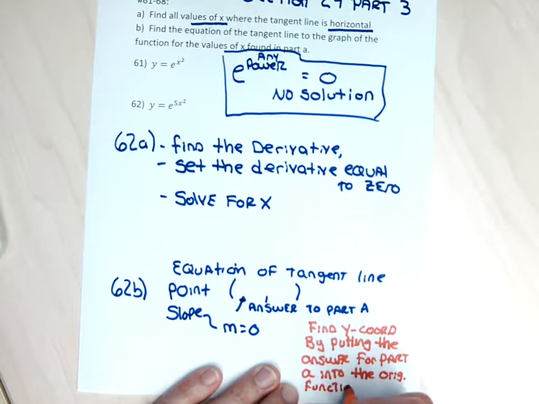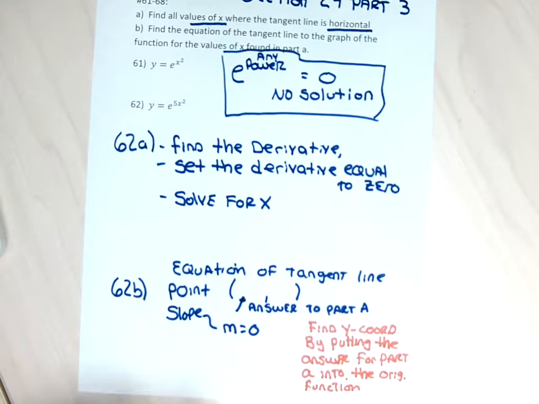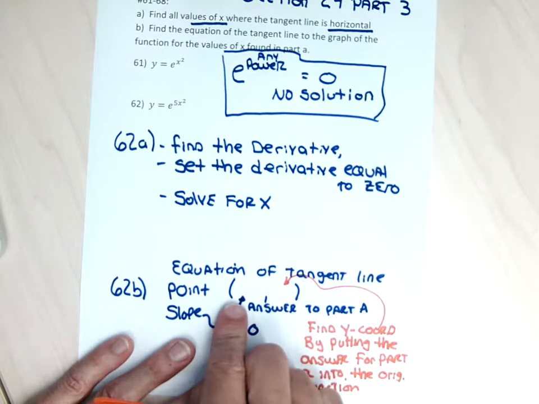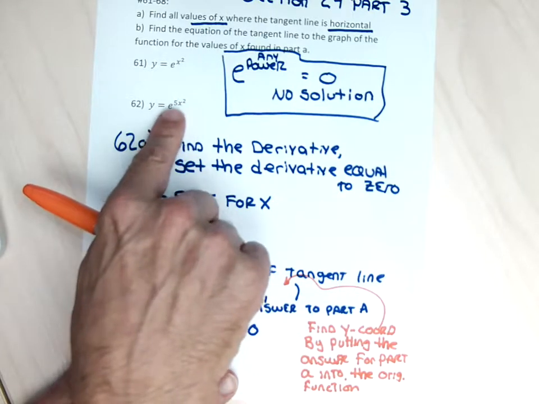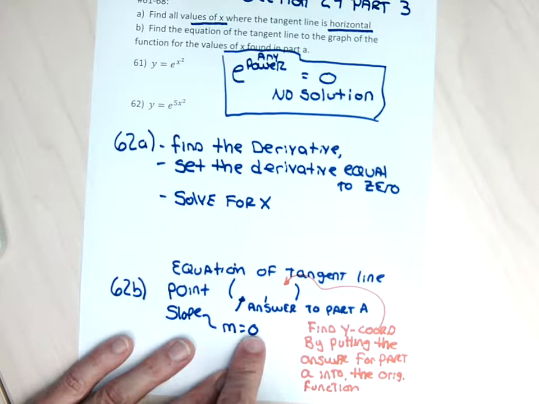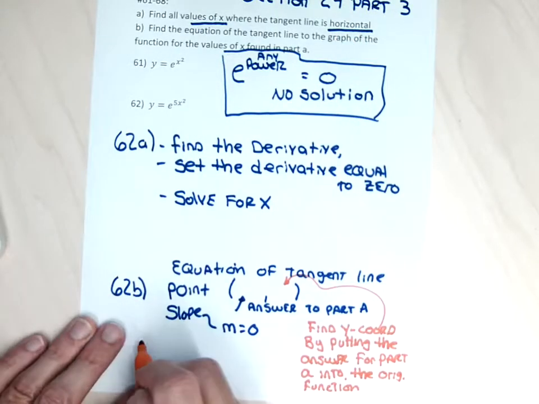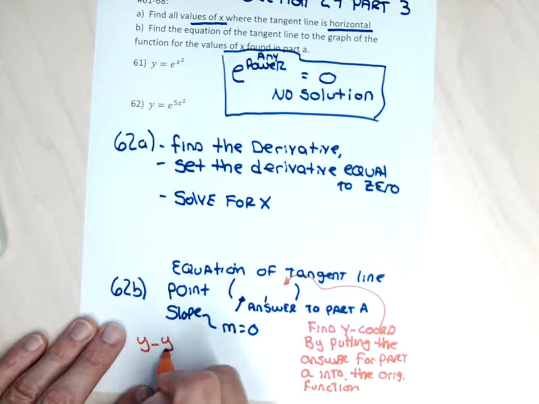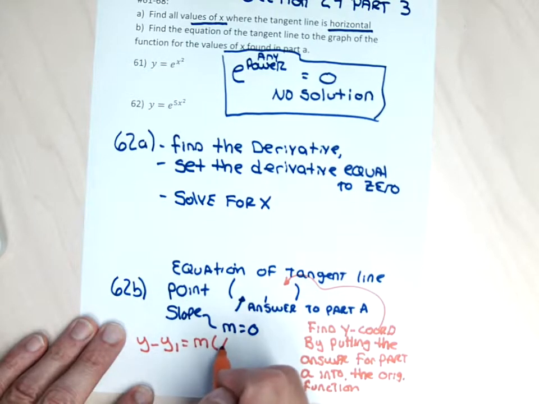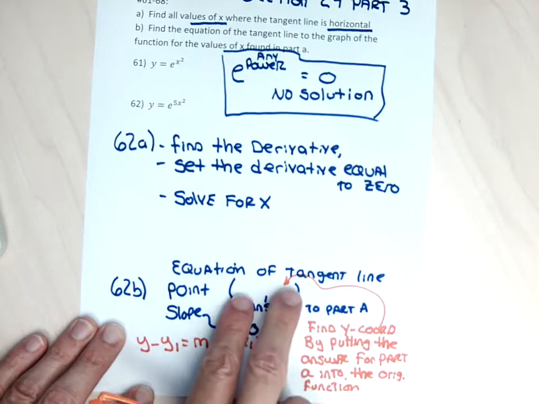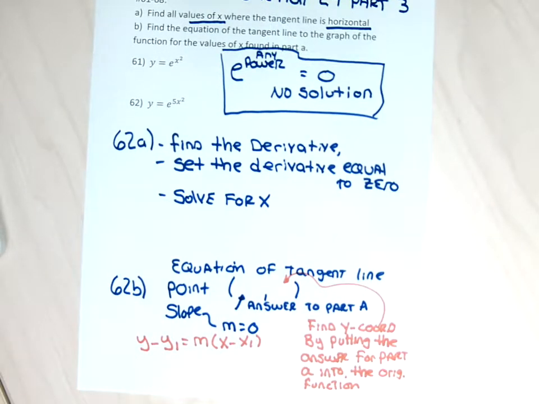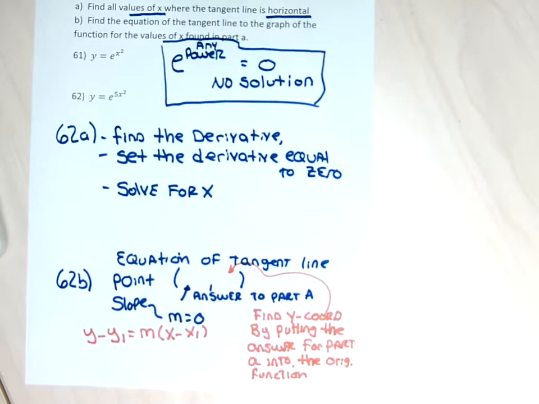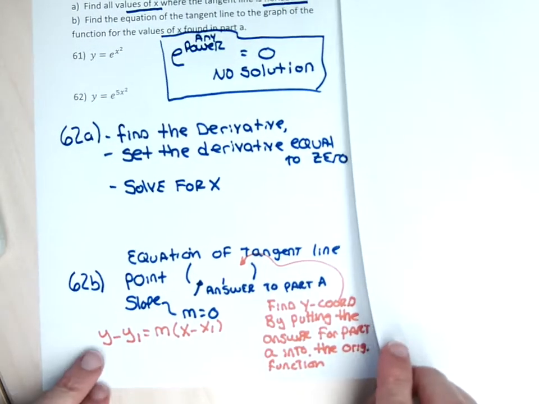And that will give me a y coordinate. After I have the x from part A, the y from plugging the x into the original function, and the slope of 0 because the tangent line is horizontal, when I go to do part B, I'm just going to use the y minus y1 equals m times x minus x1 equation. I'm going to plug the x and y into the x1 and y1 from my point, plug 0 in for the m, and solve for y. So if I'm doing problem 62,